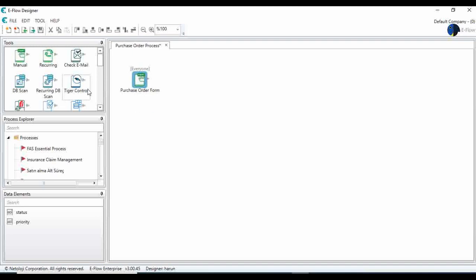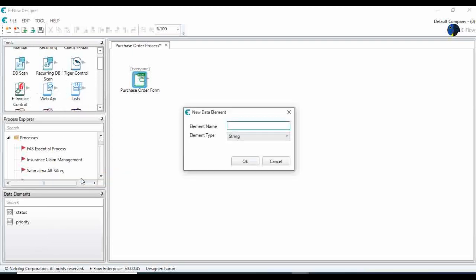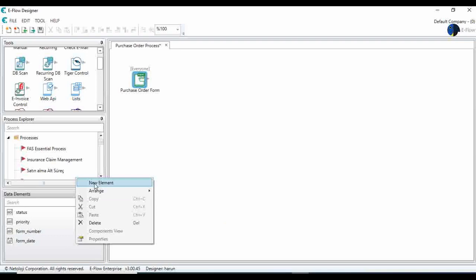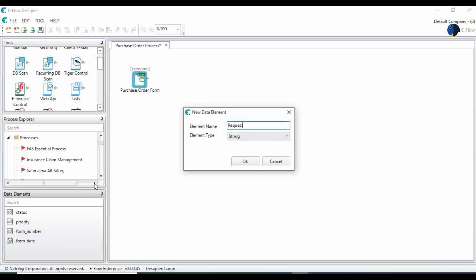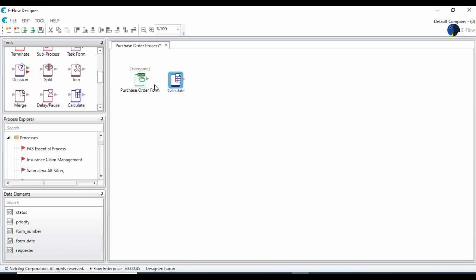And then let's start with the basic data elements like the form number, form date in date format, and requester in string. And let's just drag and drop 3 calculate tools,